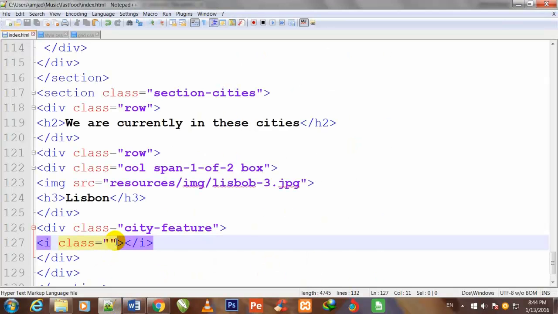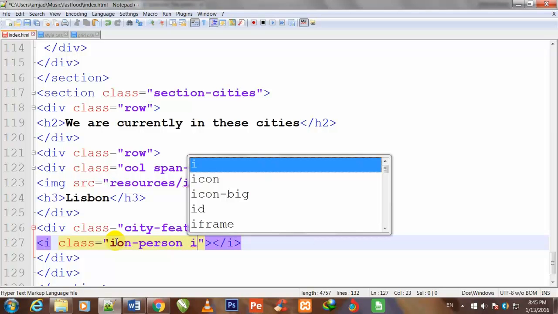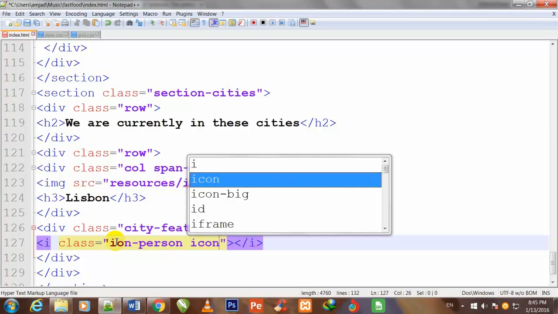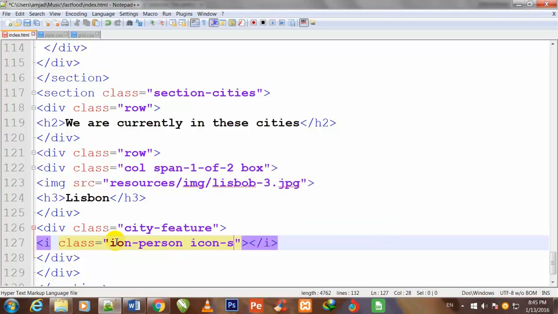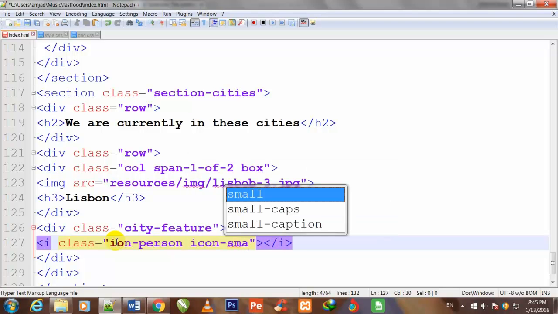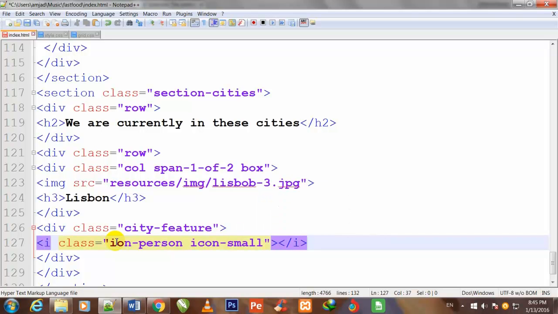I come back to my code editor and paste it. So friend, I have given it the class name icon-small, and this ion-icon person is the name of that icon which I copied from that website.